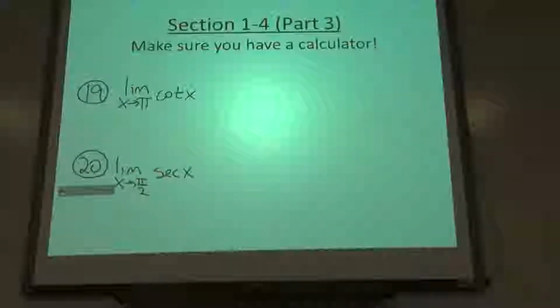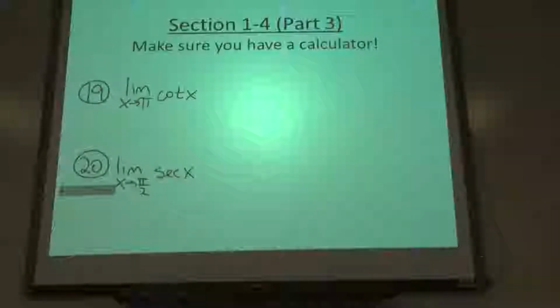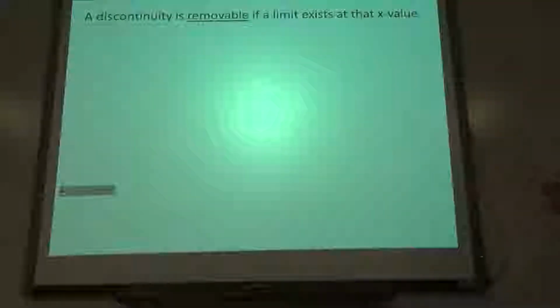Okay, so going back to continuity for just a second, they had three conditions for us. F of C had to be defined, the limit as you approach C has to exist, and then those two things had to equal each other for condition number 3. Now, digging into continuity just a little bit further, we're going to start to classify our different types of